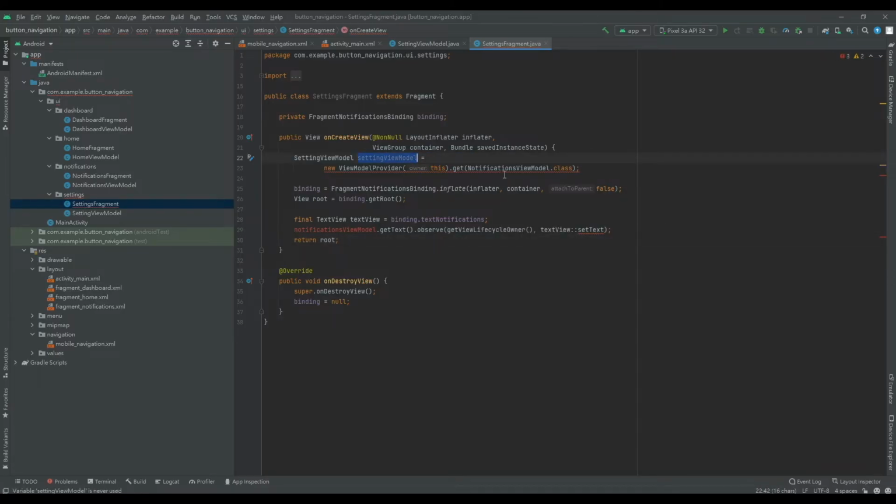And replace it here with the setting model, and here